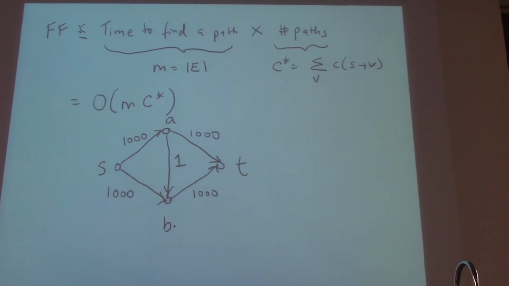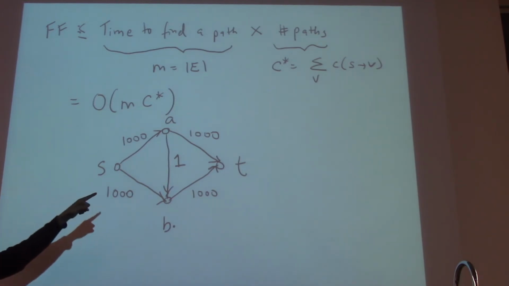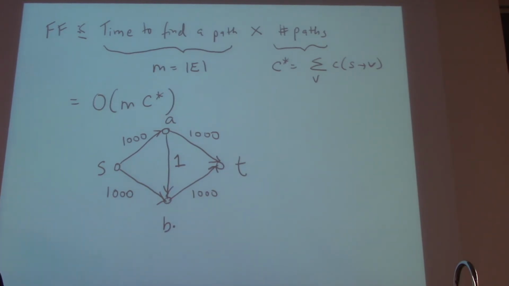Yes? So what if we say find the biggest path? I'm glad you brought that up. I'm going to talk about that just in a second. When you say, wait, what's biggest? The path with the most flow? Okay, hold that thought. In about 2 minutes we'll get back. Maybe 3 or 4. So, even though the analysis looks very crude, there are examples where, without any further constraints on the algorithm, it could actually do this. So you have to be wary of this algorithm.